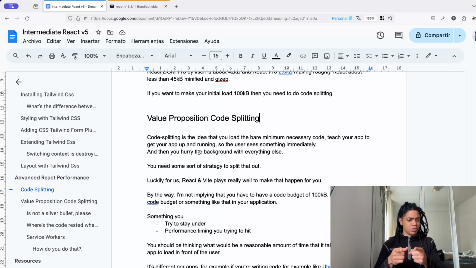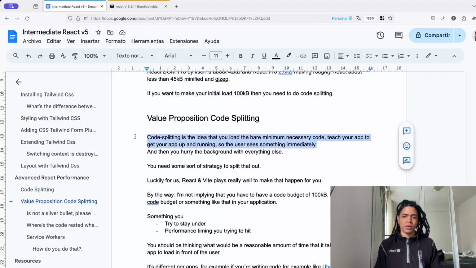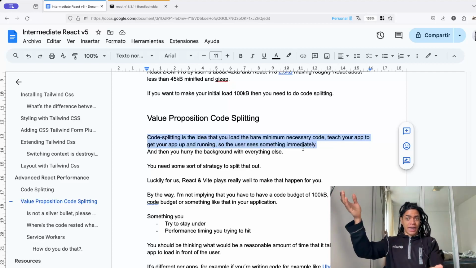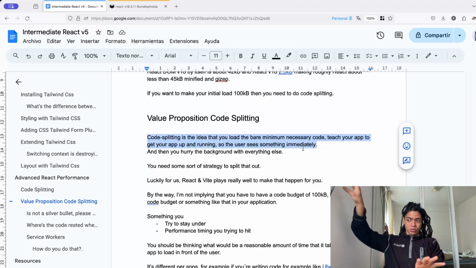You're going to load the bare minimum necessary code to get your app up and running, so users see something in the background. And I think this is something lovely when he mentioned this. Why? Because this is what is truly happening behind the scenes. By only sending the bare minimum necessary instructions from the server to the client, you're going to